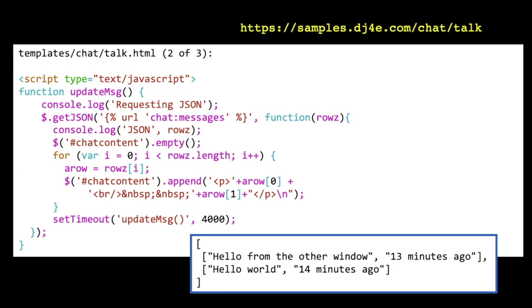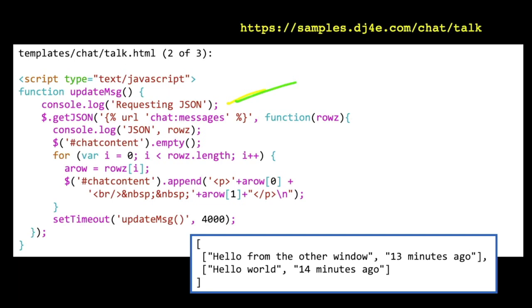So here's the interesting part. This is a function that right now it's just going to call a function, and we'll get this started up in a bit. This function is going to do the hard work. The function is the part that's going to get triggered every once in a while to go retrieve all of the data. So we'll just call this function update message, and what it's going to do is it's going to give us a console log,